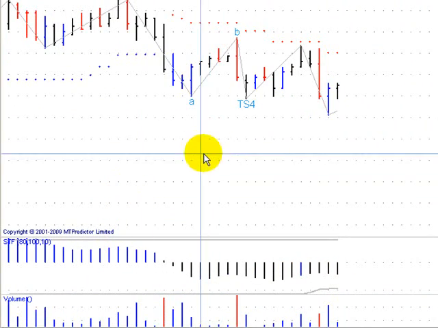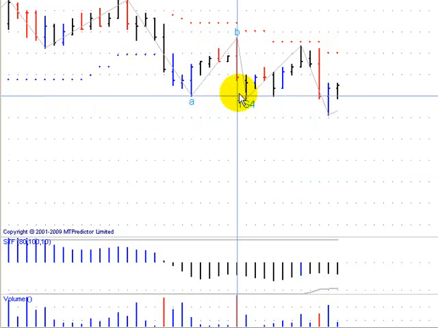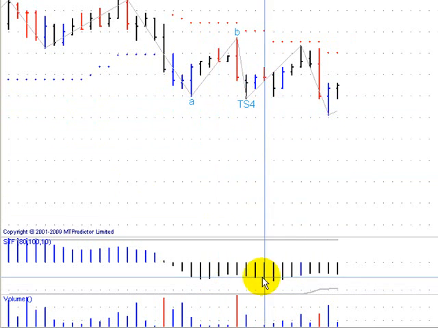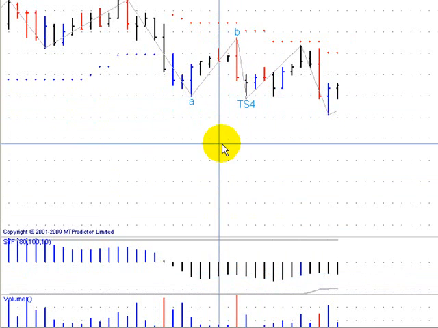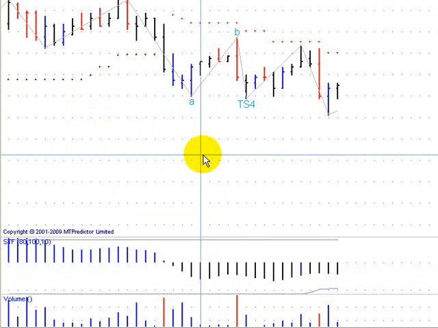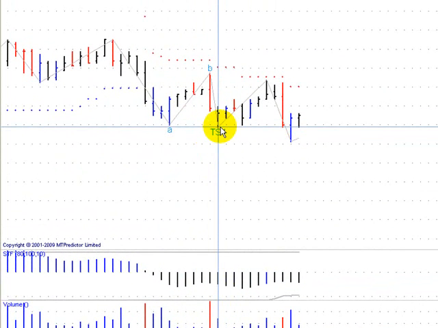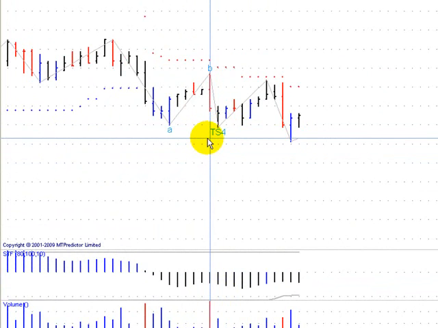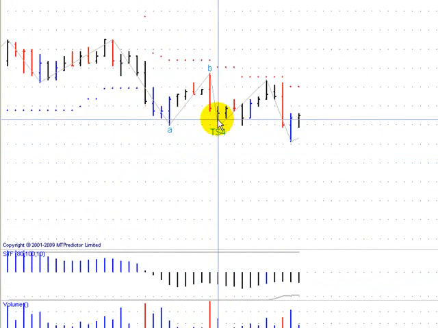The 3-minute popped up with a long signal in the NQ 3-minute. Again, neutral trend there. And he was wondering, being short, if he sees this TS4 long, what should he do? So one of the things that you can do when you get into that situation, if you're short something and